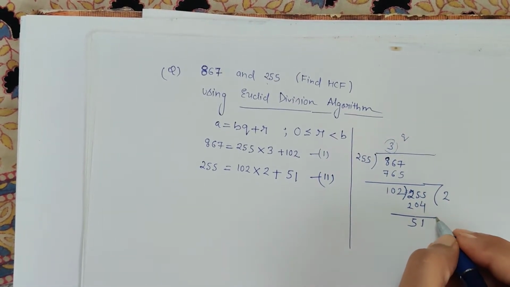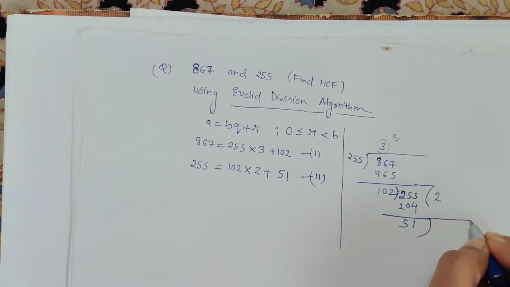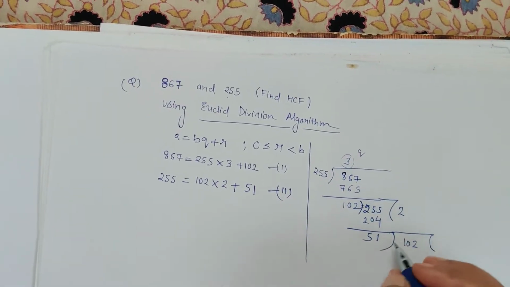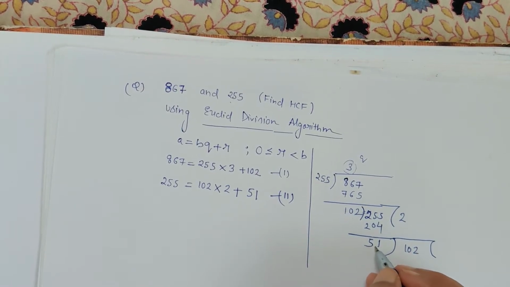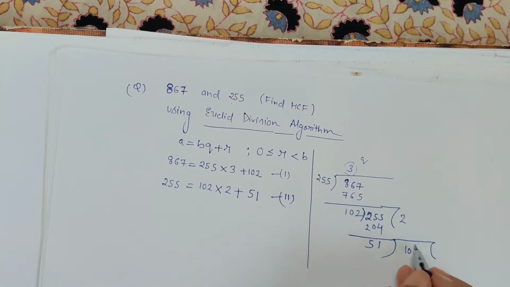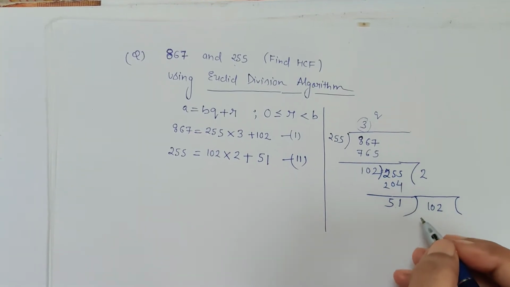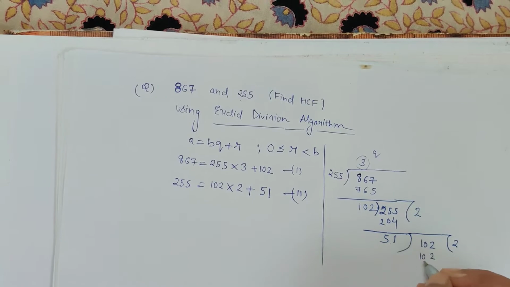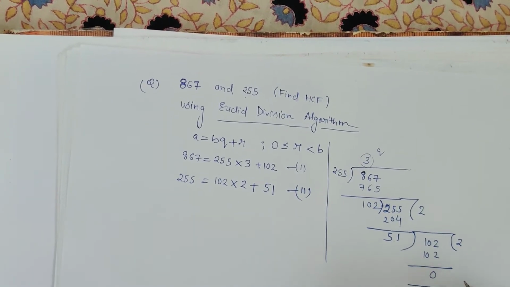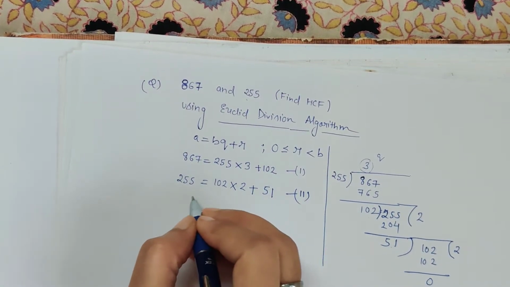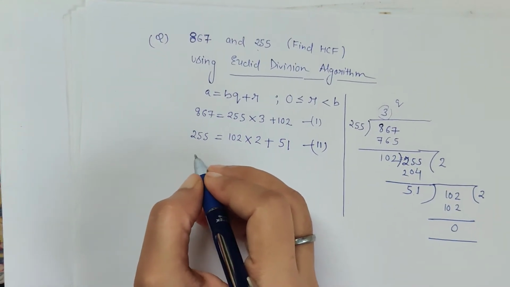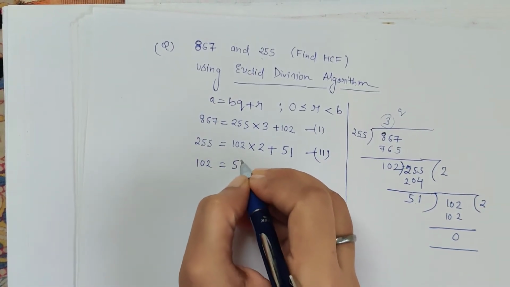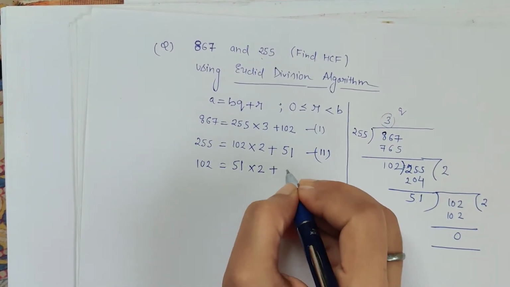But as we have seen, we have to keep on doing this until we get the remainder as 0. So now write 102 over here and just think by which number I should multiply 51 so that I get equal to 102 or less than 102. So this is nothing but 2 only. 2 ones are 2, 2 5s are 10, and the remainder is 0. So here again I can write this in Euclid division lemma form, that 102 is equal to 51 into 2 and the remainder in this case is 0,